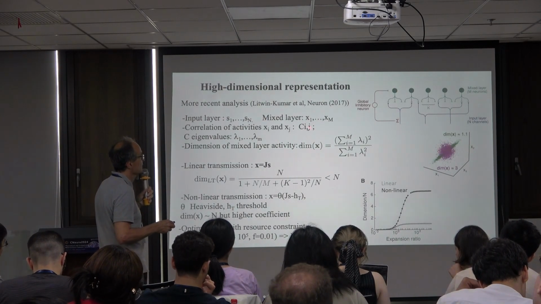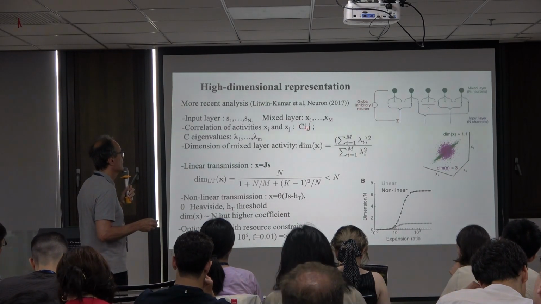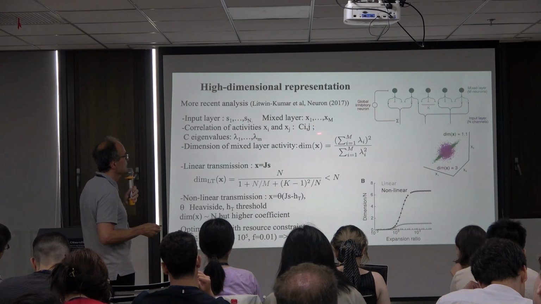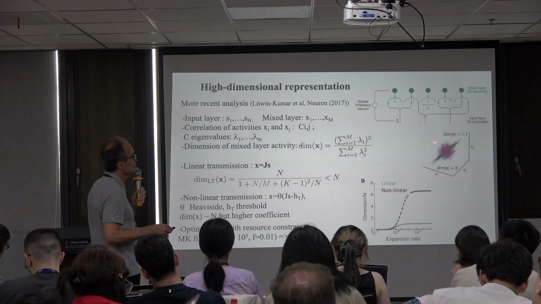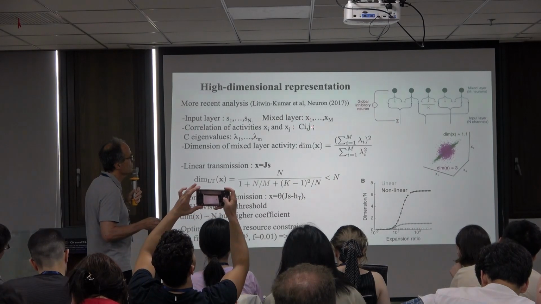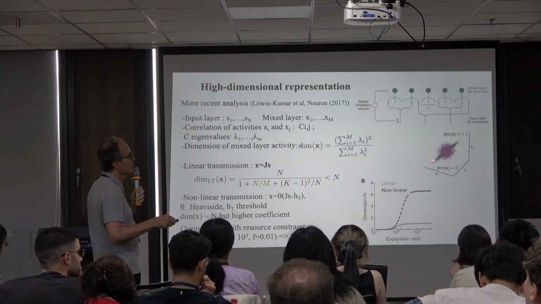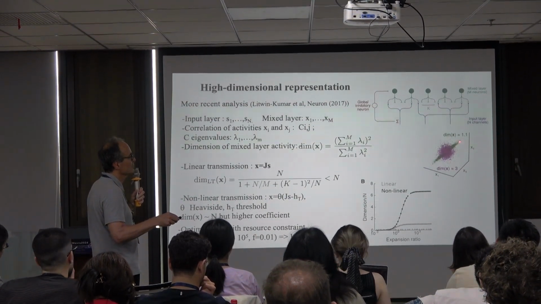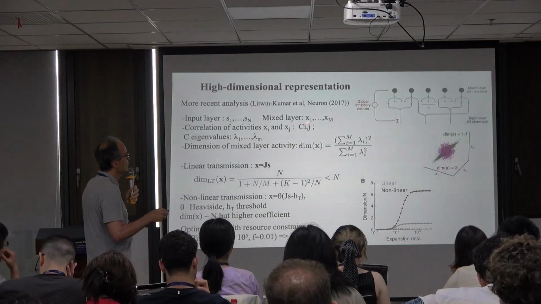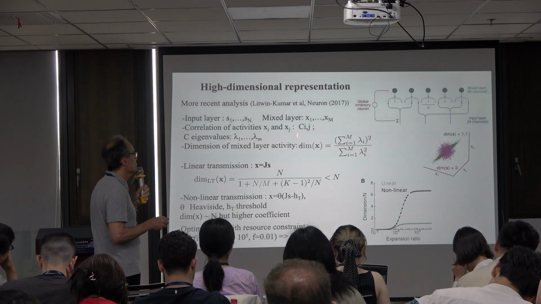This will give you a matrix of correlation. And then one way to compute the dimension of activity in this layer is just to diagonalize this, so go to principal components. You see this activity. Okay, it could be either a ball or very elongated. So you compute the different moments of this activity by diagonalizing this matrix of correlation, and then okay, you can